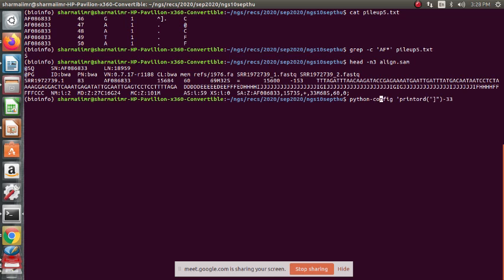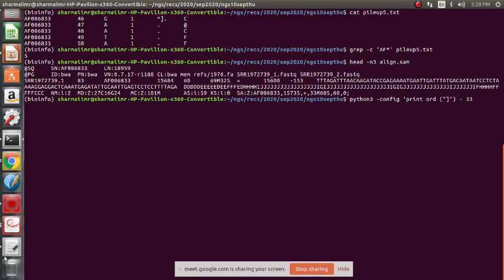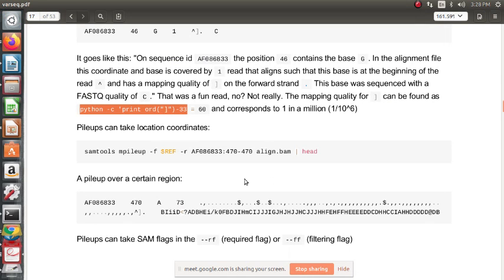In Python 3, print(ord(...) - 33), with the argument in double quotes minus 33, that is fine.